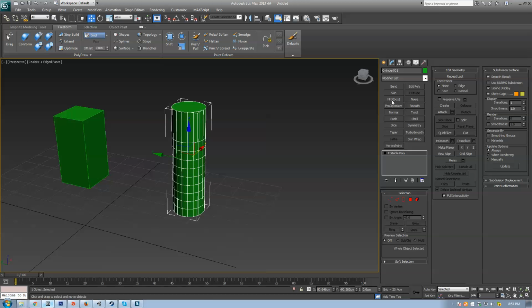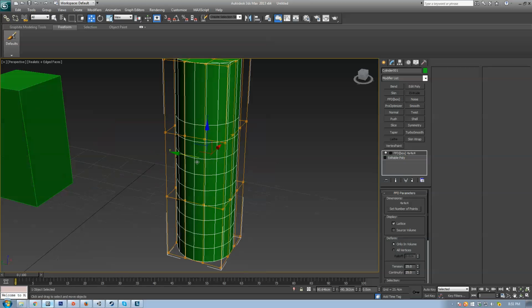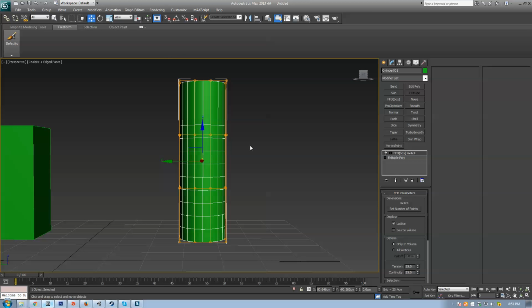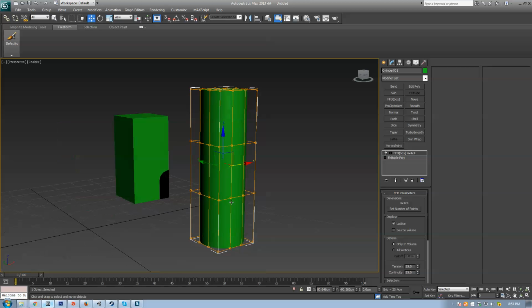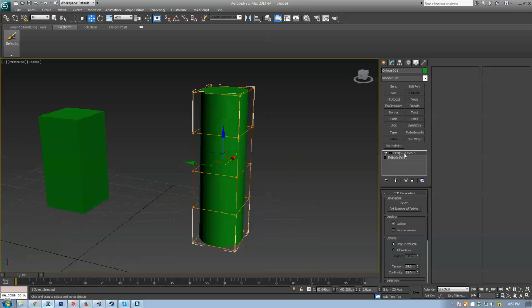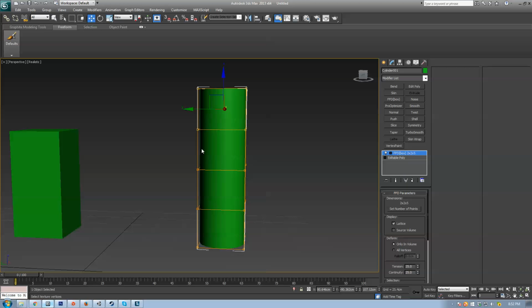We got FFD Box, which is pretty sweet. This will allow you to have a soft kind of movement on your box. So you can set how many points here. So if you wanted to do, let's say 5 that way and none the other way, you can click on the FFD Box modifier, turn it blue, and then select these points